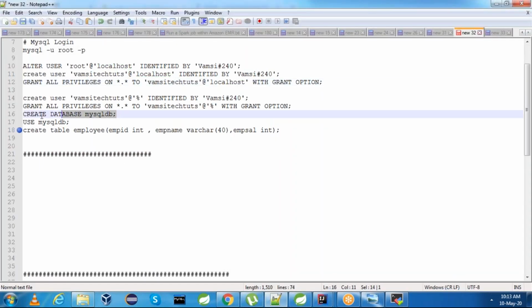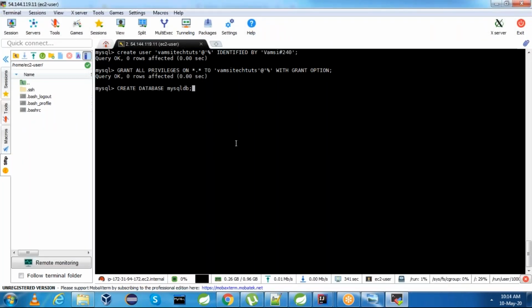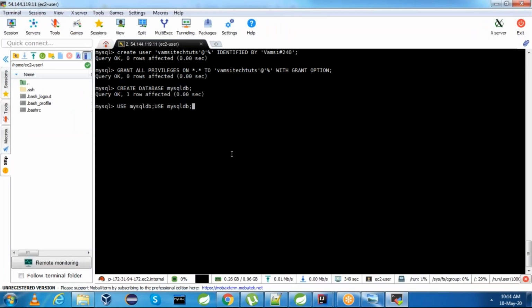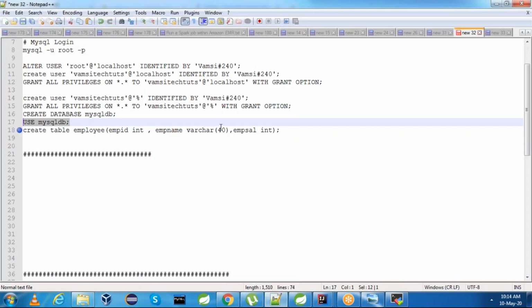Now you can create a database, the MySQL DB database, and you can switch to the MySQL DB database. And you can create a table as well.